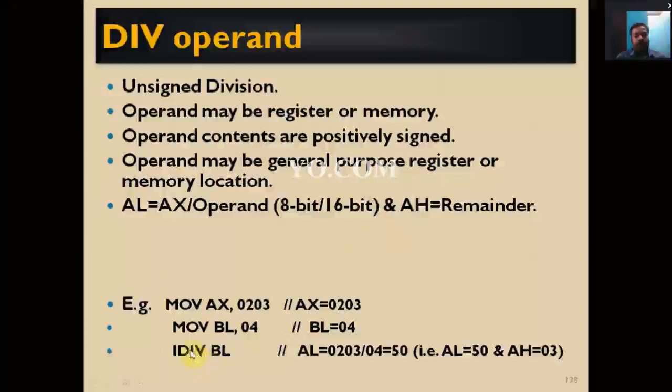IDIV means signed division. So DIV BL means AL equals 0203 divided by 04, that is AX divided by BL. The answer is AL equals 50, which is the quotient, and AH is 3, which is the remainder.